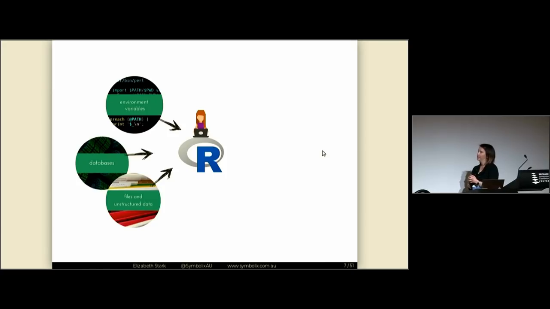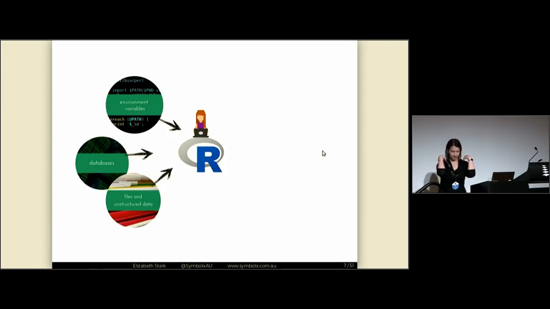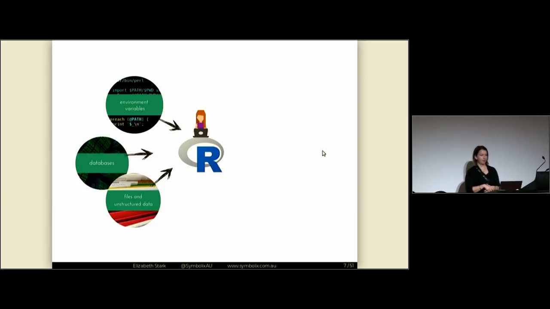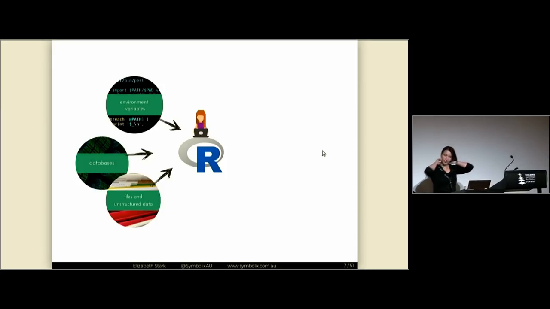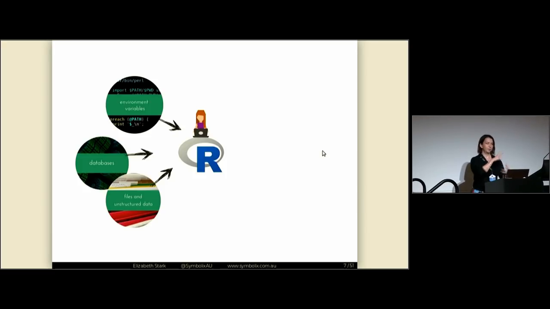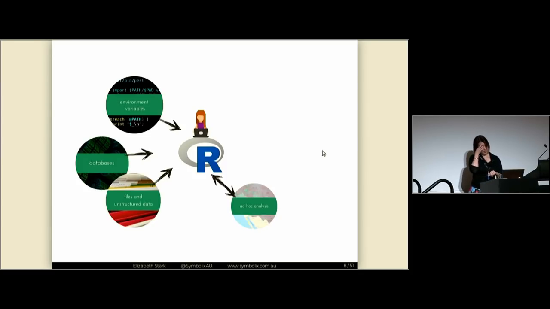Oftentimes though, there's this flow where someone will come to you and say, I've got this data. What the hell does it mean? And you've got your little R set up and it's fine. You've got your environment variables all set up. You know it well. You pull in data from anywhere, from databases, from files, and you can pretty much pull in any data from anywhere in R. It's nice. And you can use that system to do your ad hoc analysis. So, typical workflow: you get your big pile of data, you use your environment, you play around with it, you figure out what's going on, run some models to check what's actually going on,